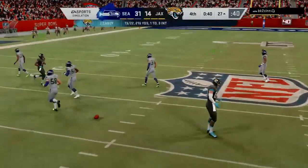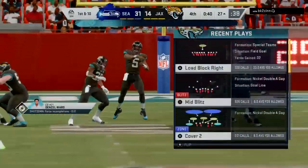Now on 4th down here, that pass knocked away and incomplete. Devin Bush, the